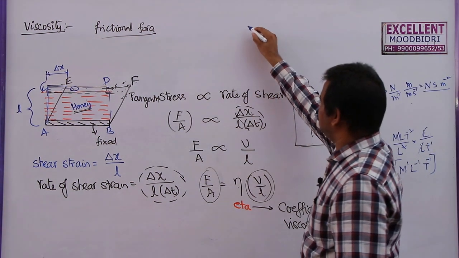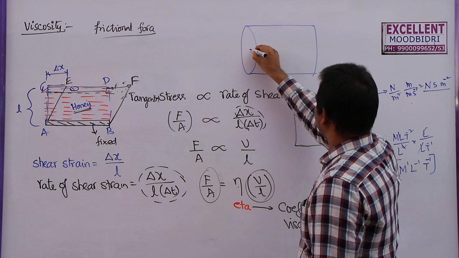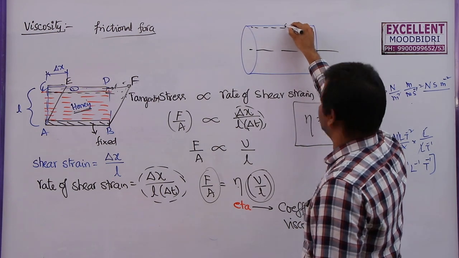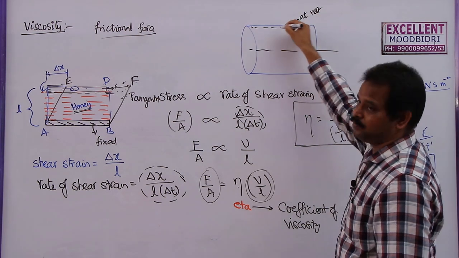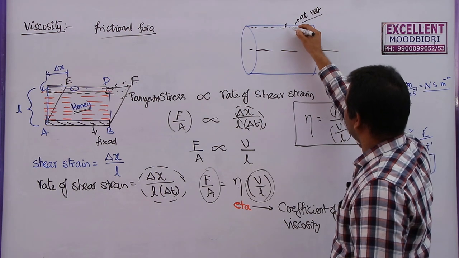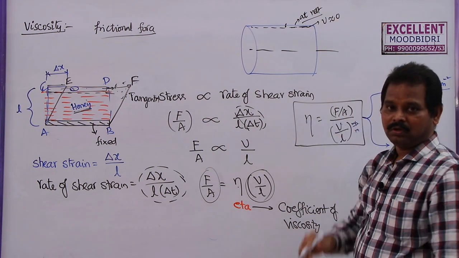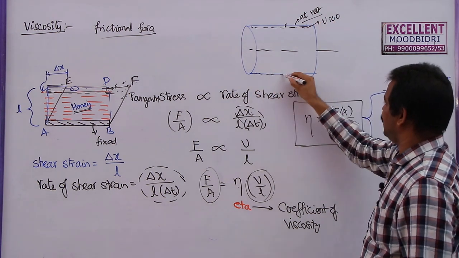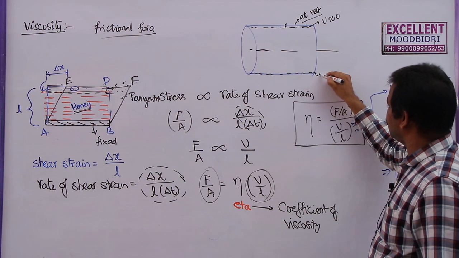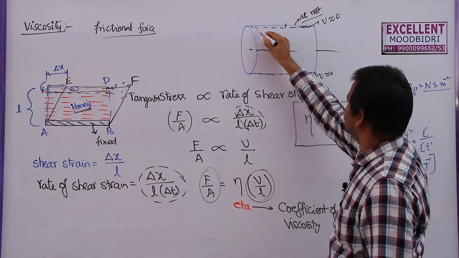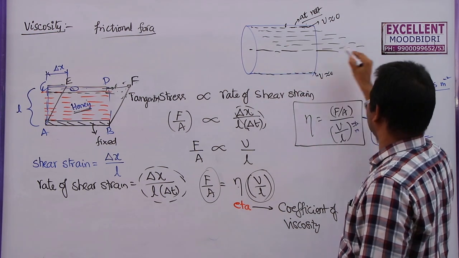Now if you take a pipe in which a liquid is flowing, generally the liquid which is in contact with the solid surface will have the same velocity as it. Here the solid is at rest, the surface of the pipe is at rest, so the velocity of the liquid there is nearly equal to 0. It will try to stick to the solid. Similarly this layer, which is in contact with the pipe, will generally be at rest, with velocity negligible or nearly 0. So that's why this liquid will have more velocity when compared to the other liquid layers.